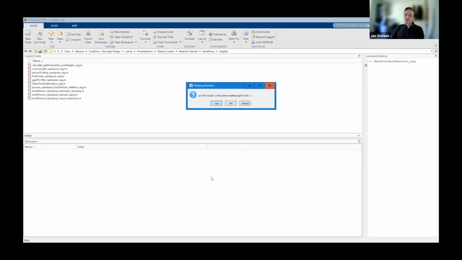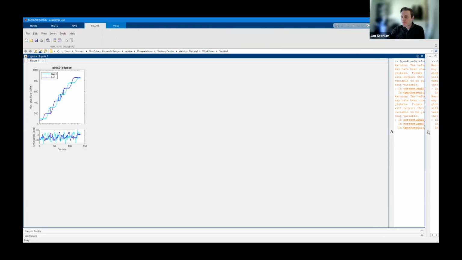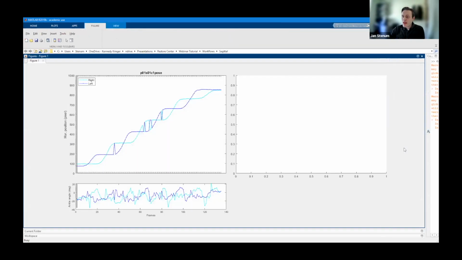It first asks the walking direction of the person. We need to know that in order to calculate correct gait parameters. In this instance, the person is walking right to left, so we can go ahead and click yes. And the next